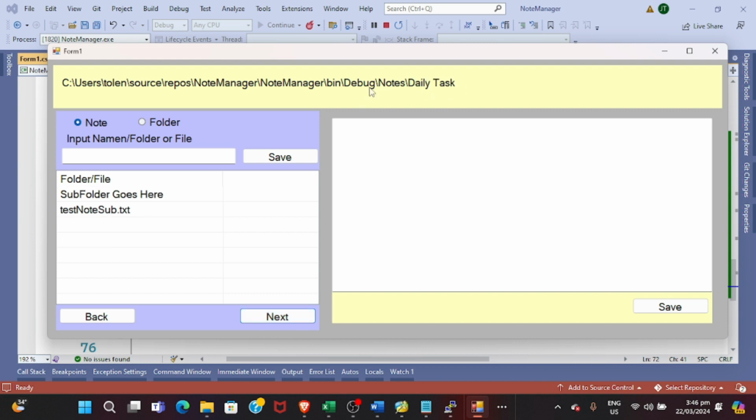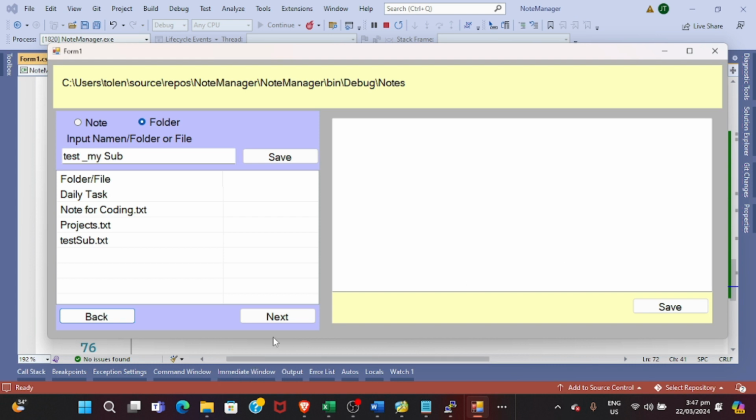Next, okay, I put next, and then I go next again, and then I put, for example, test my sub. Okay, and then again I add save, then test, then next. Okay, test my sub is already there, and then I go back,